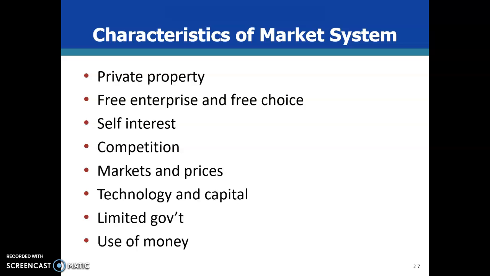Markets also thrive with technology and capital. Technology, and capital, because this is how ultimately we'll see a market grow, innovation and investment in, kind